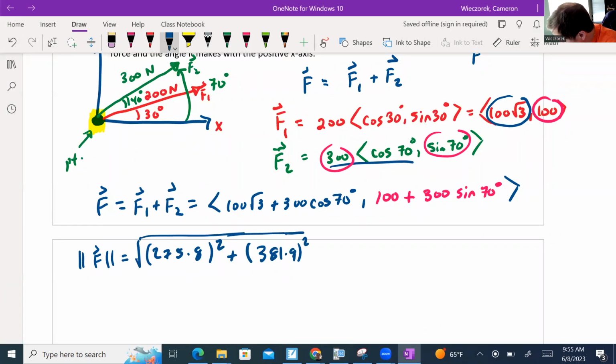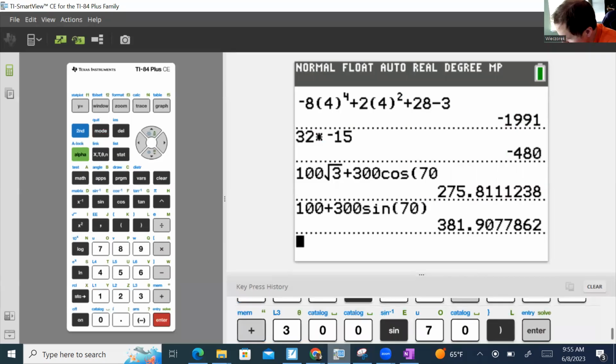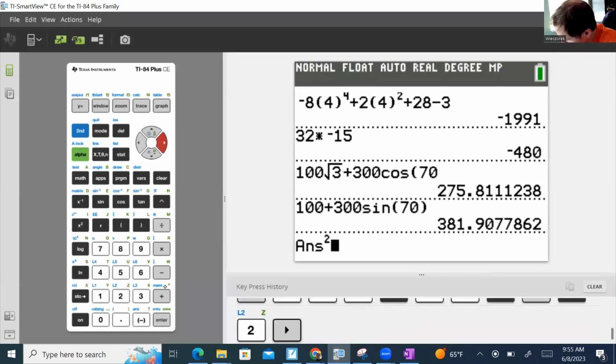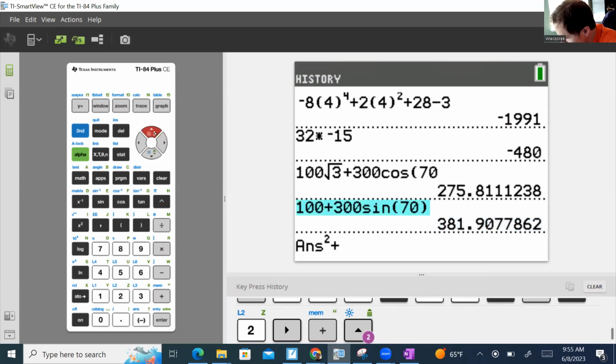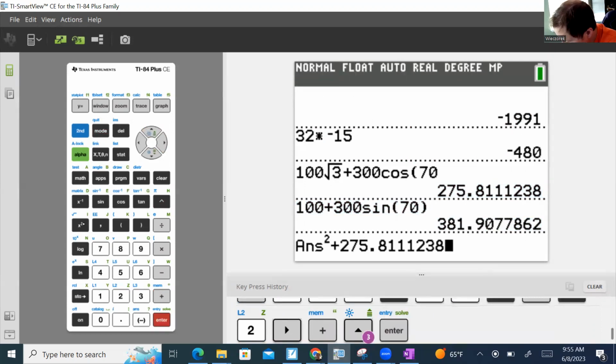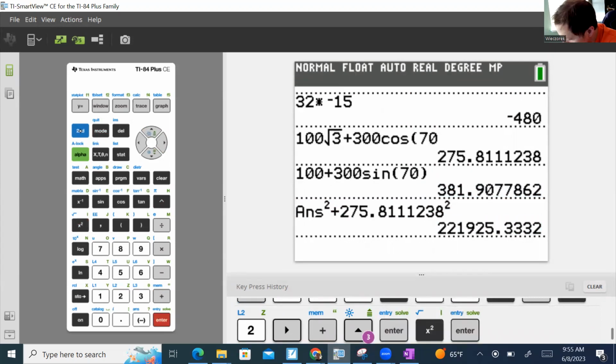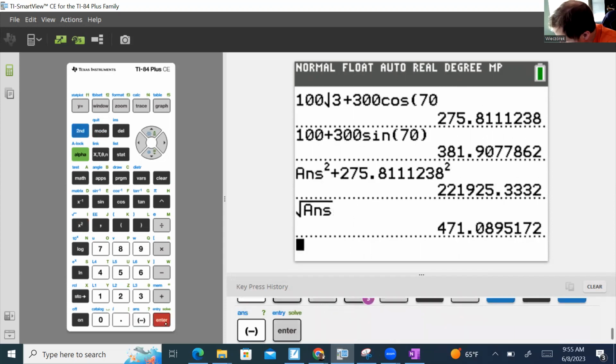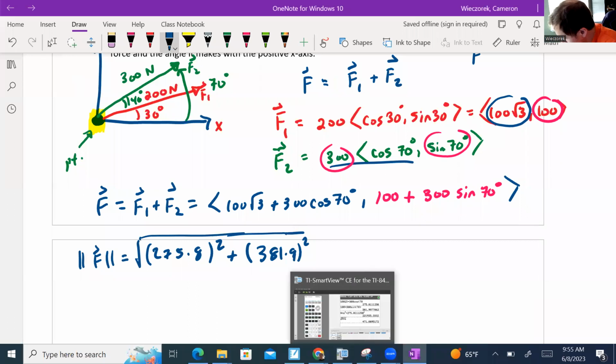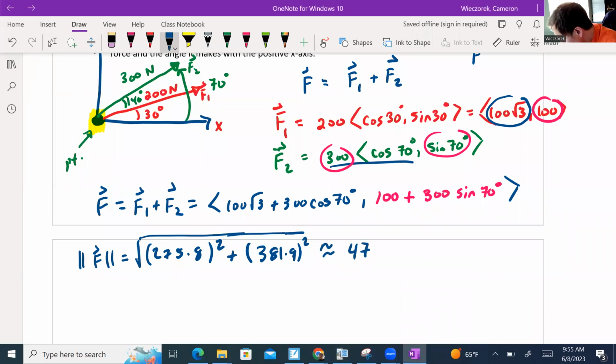And then I'm just going to square each component and add the results, take the square root. So square that, scroll up, grab the 275, square that, and then don't forget to take the square root. So my magnitude is roughly 471 newtons. Okay, so that tells me the size of the force. So that's the magnitude. For the direction,